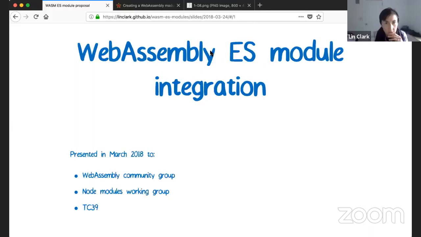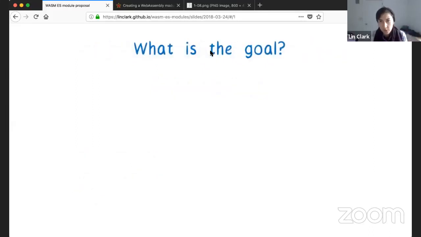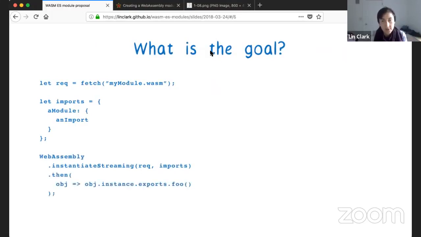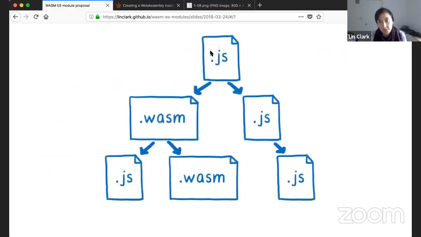So I went through these slides. I'm just going to go over the goal again and also the WebAssembly specific parts. So the goal is basically when you are currently using a WebAssembly module, you have to manually fetch the WASM module, and then you have to manually set up the imports. Then you have to pass those imports into instantiate streaming, so you have to manually instantiate it. And then finally, you can actually use the function. And so what we want to do is move towards a declarative API. This will help make WebAssembly module instantiation easier, but it will also make it possible for WebAssembly modules to take part in